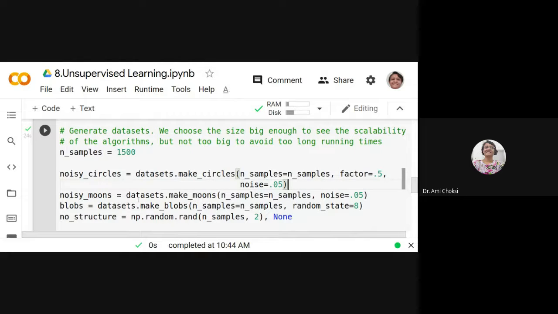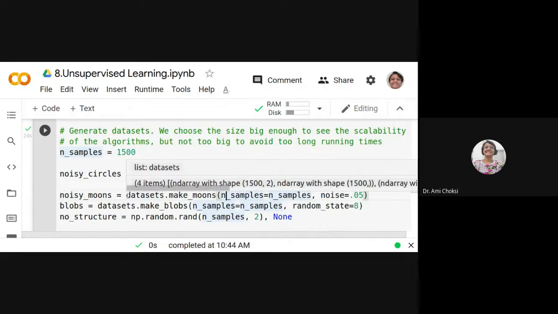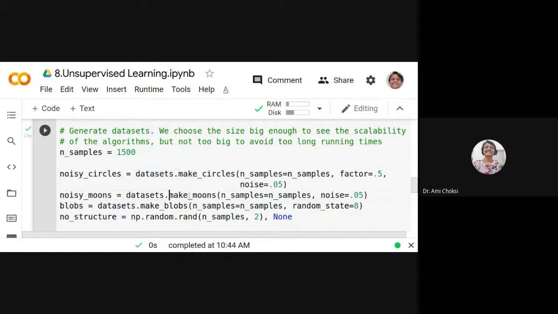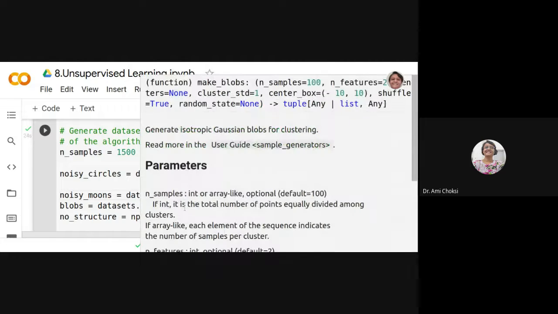Noisy moons, that is equal to datasets.make_moons. These are the things available in this datasets, isn't it? It is already available in the datasets. Then we can say make_blobs. Blob is binary large objects, right? Generate isotropic Gaussian blobs for clustering.